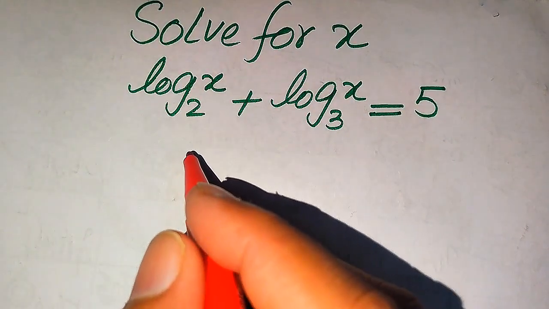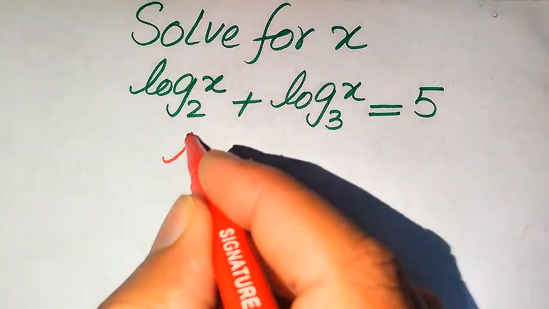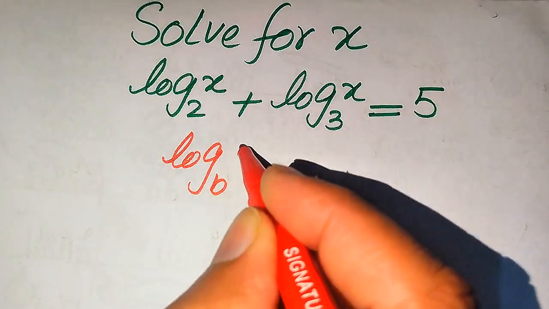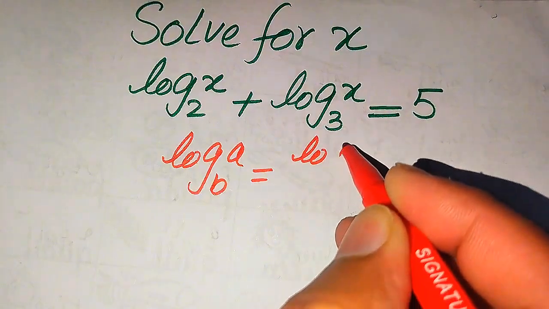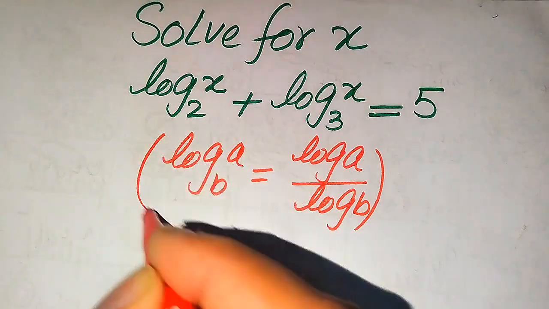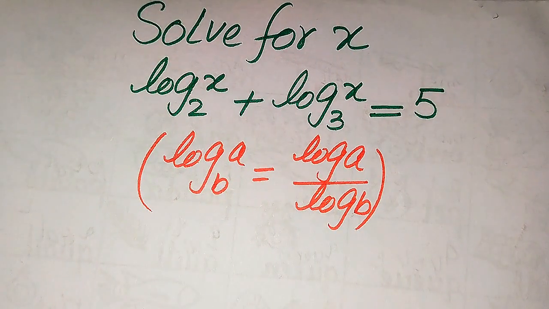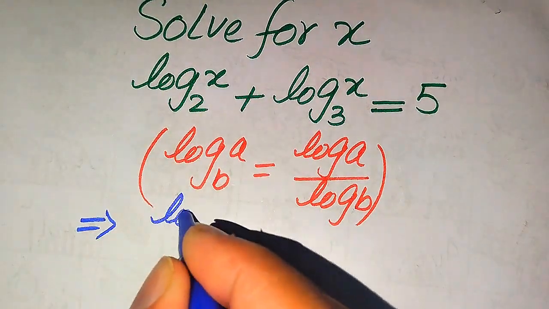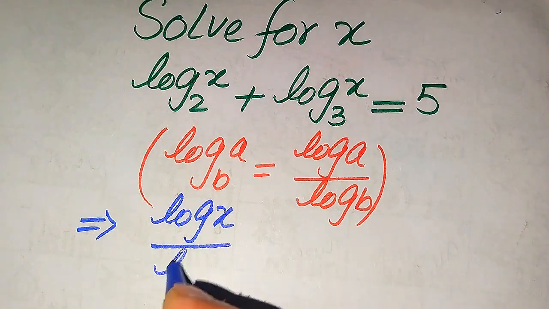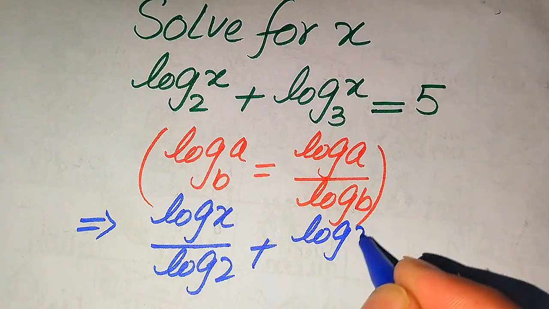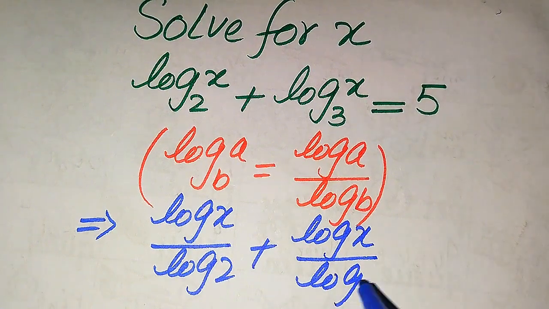So here we need to use this nice logarithmic property. You know that if we have log with base b of a, it is equal to log of a divided by log of b. So according to this property, we apply it on both of these terms, and after applying it will be written as log of x divided by log of 2 plus log of x divided by log of 3